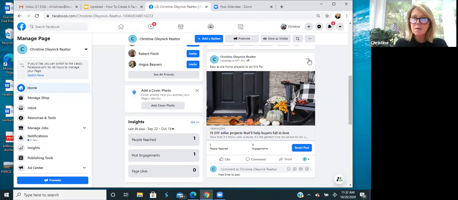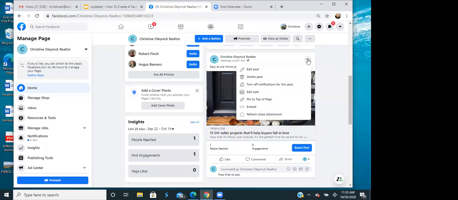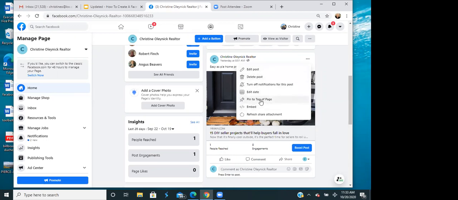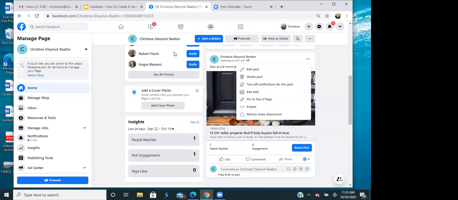Under that. I don't have that. You just hit delete post if you want to delete a post, or you can edit post. You can pin it to the top of the page. But if you wanted to delete a post, you just hit that right there and it will delete your post. Okay, thanks.